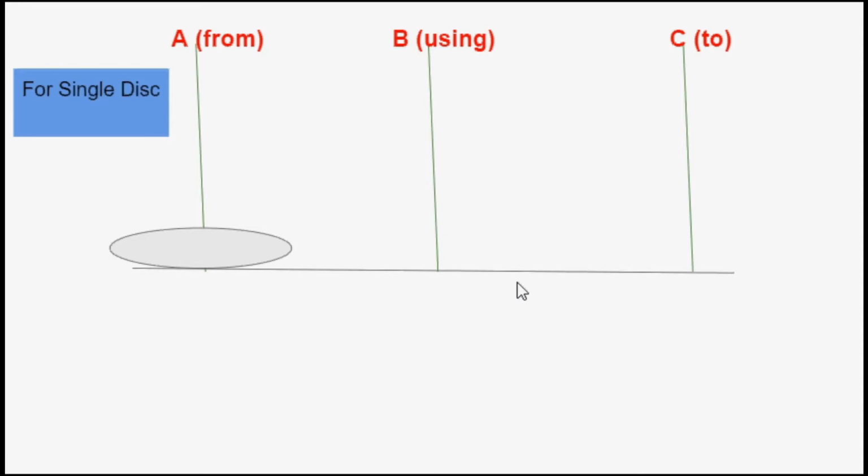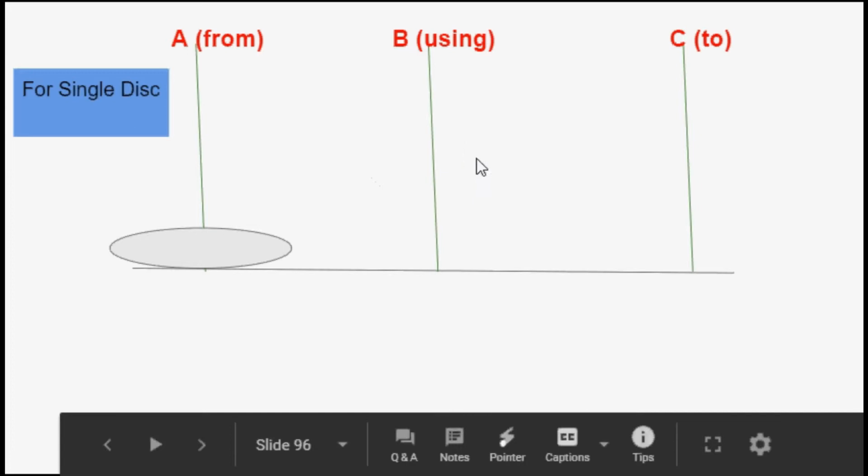But why am I drawing this rod or tower in each and every case? Because if you have gone through my previous video, you must have seen in the definition we have written that in case of Tower of Hanoi, every time we are going to have 3 rods and we can have n number of discs. So whether there is one disc or n discs, every time I am going to have 3 rods with me. Maybe in this case, because I am dealing with one single disc, I don't use this tower.